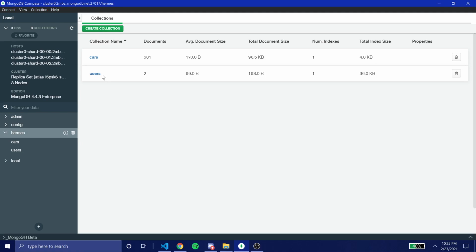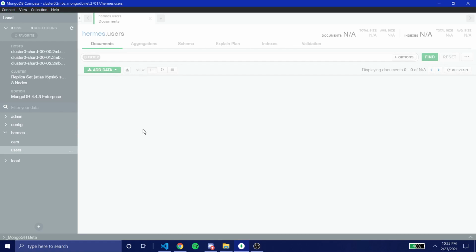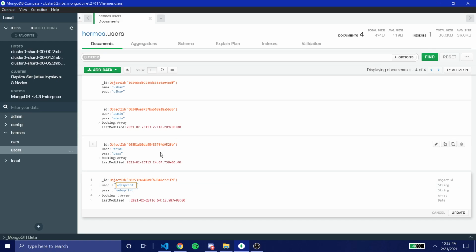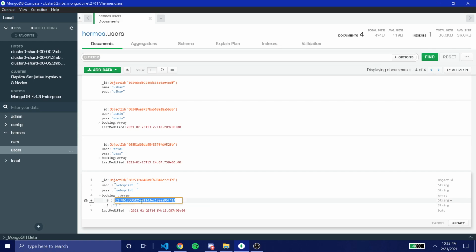And for users it was similar. In fact, you'll see the new users too, I guess. Yeah, there we go, Web Sprint is here now. And you can even see my booking transactions. This would be corresponding to the ID of the car that was booked. This could be used later if we want to improve the app. We could use this as a user portal to check how many bookings and what bookings have been done. And the one is for the pre-booking that has been kept as a standard. All right, so that is the MongoDB part.